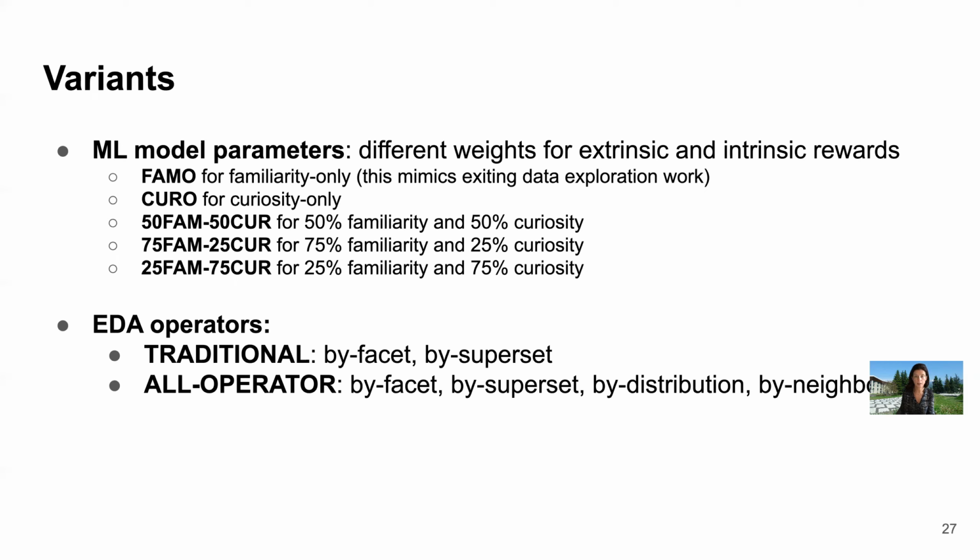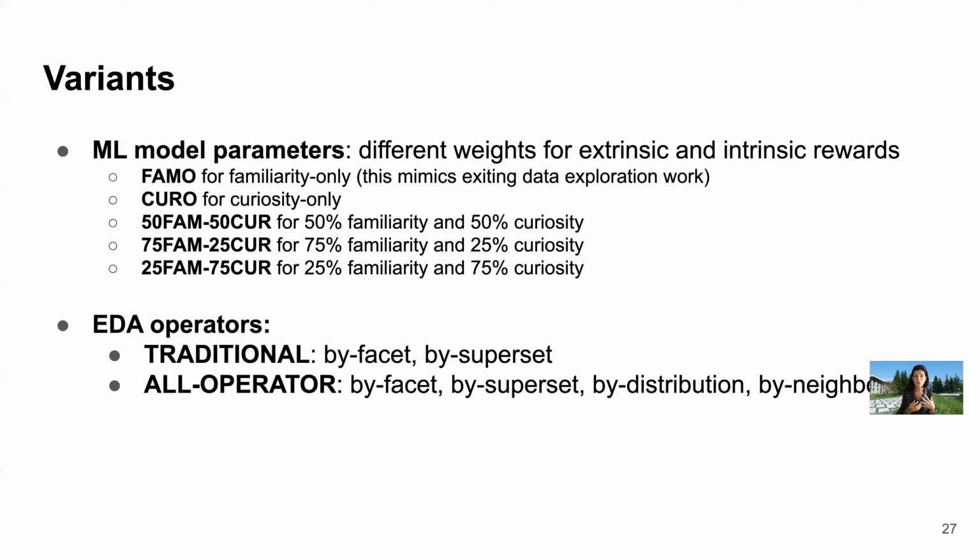policies that we trained? The first one is the familiarity-only policy, and this is what's been done in the related work. So what you're doing is that you're training agents to find as quickly as possible the objects that are in your training set. But we also, with our reward function, were able to train a curiosity-only agent, so an agent that keeps venturing into new states, and other agents that have different weights for curiosity and familiarity. Okay, and I'm going to be using these 5 policies, or these 5